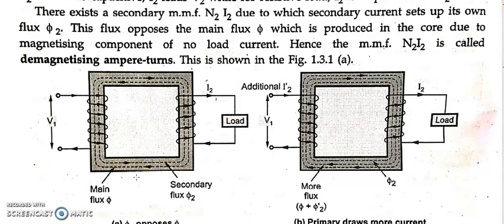Now let us see how the deficiency is fulfilled. That's why you can see the magnetomotive force MMF N2I2 with respect to secondary is called demagnetizing ampere turns. Yes or not? It is demagnetizing, right? Before it was 5 Weber. Now the flowing of 1 Weber is causing demagnetizing. So that's why it is called demagnetizing ampere turn. This is magnetizing ampere turn and this is demagnetizing ampere turn. So to balance this, or to fulfill the deficiency, now what happens?